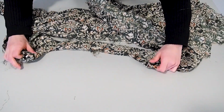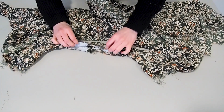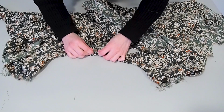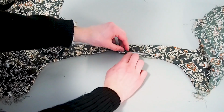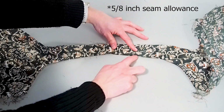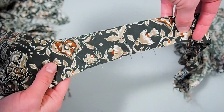So when you turn the project back right sides out, this is what it should be looking like. The ends of that outside shoulder seam should be sewn up, but you should have a large point in the middle that is still not sewn together. We're going to press our seam neat now, and in the area that's been left open, we're going to turn our seam allowances under at 1 5/8 of an inch, which is the seam allowance for this pattern. And then we're going to need to do some hand stitching to sew this open